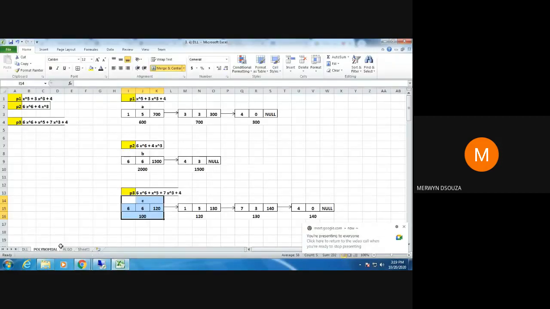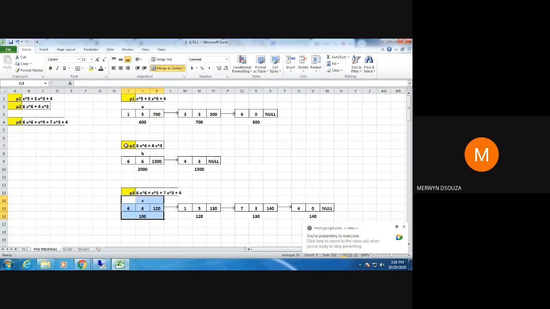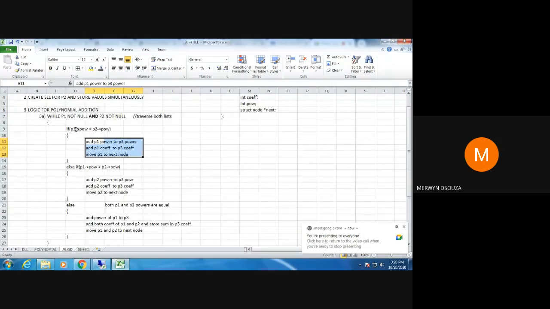You can see what I have written here: add the power of P1 to P3. Suppose P1 was greater than P2, then I add the power of P1 to P3. But here P1 power is not greater, so I go to the else part. P1 power is less than P2 power, so that condition is true.